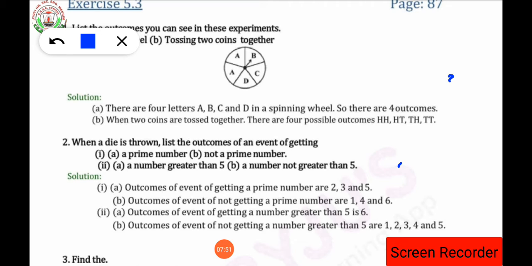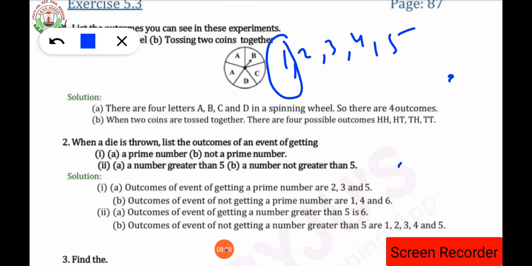So prime numbers are those numbers which come in their own table as well as the table of 1. So for the first question the outcomes of the event of getting a prime number are 1, 2, 3 and 5. A die has the numbers 1, 2, 3, 4 and 5, isn't it? As we know, 1 is not a prime number. Keep it in your mind. Sometimes you are very confused about considering 1 as a prime number, but dear student, 1 is not a prime number. Prime numbers are 2, 3, then 5. These are the prime numbers.